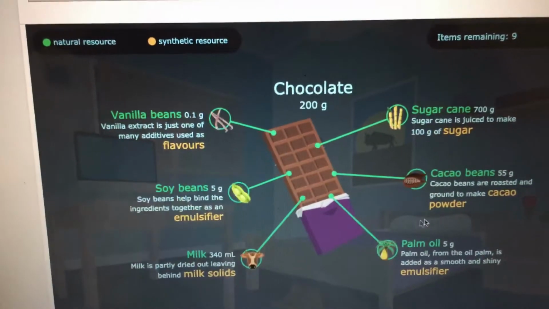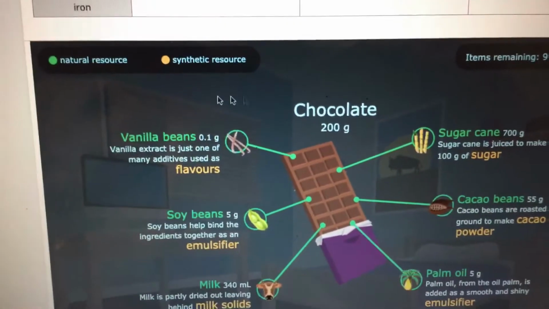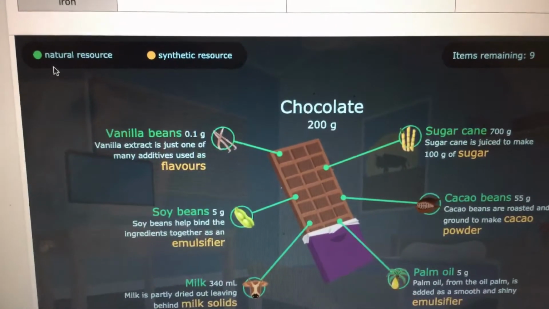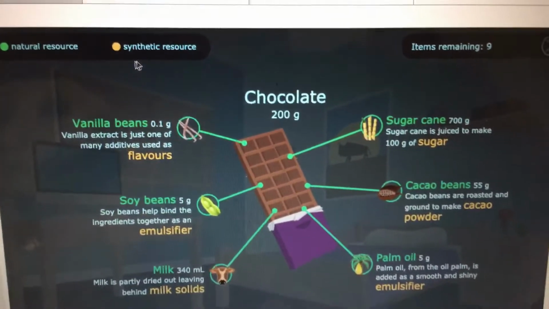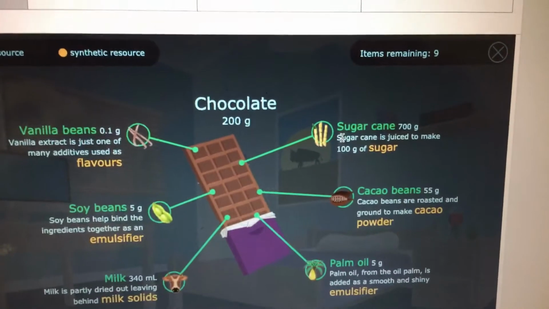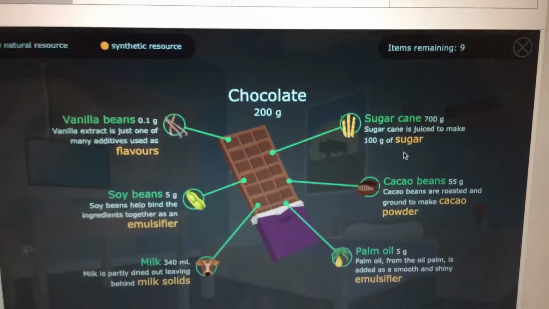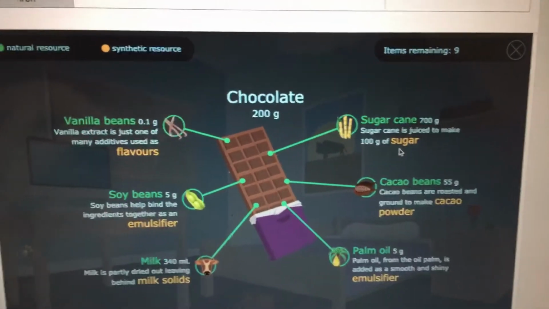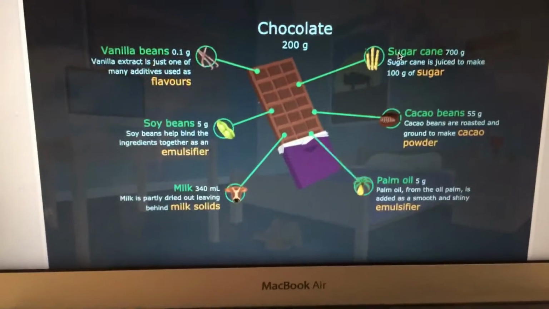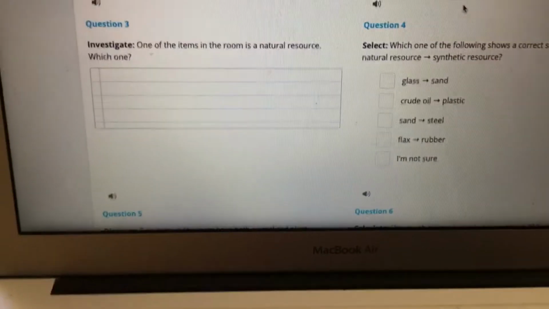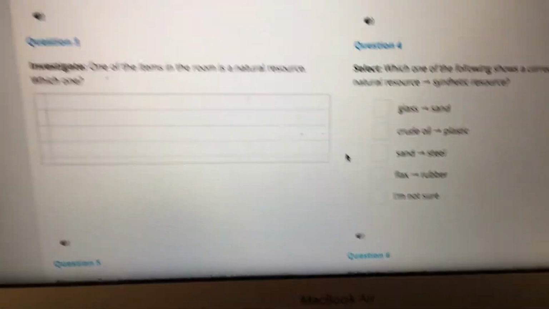We've got the whole breakdown of the components of chocolate. Have a look here, the green colour means it's a natural resource and the yellow colour means it's a synthetic resource. So you can see that sugar cane is the natural resource, but the actual sugar is synthetic because that's what we as humans got out of the sugar cane. You have to go through all 10 things to read them, and then they want you to answer question 3,